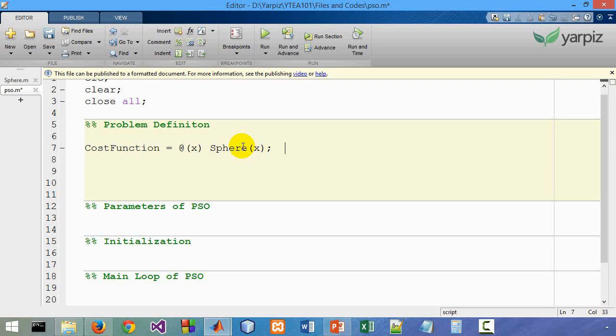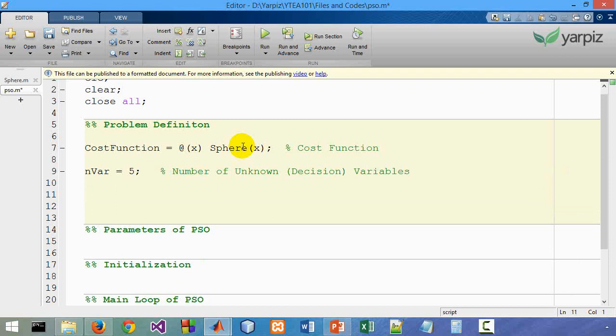Let's comment out this line with the cost function. The number of variables denoted by n_var. How many decision variables or unknown variables exist in this problem? For example, in this case, we are searching in a 5-dimensional search space. So x is a vector in R^5, a 5-dimensional space. So the number of decision variables is denoted by n_var, and this is the number of unknown or decision